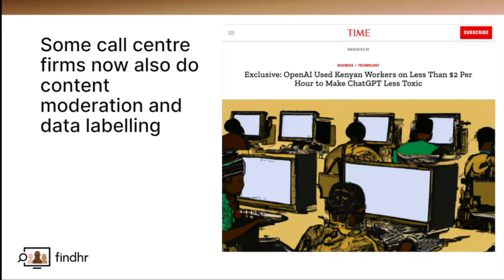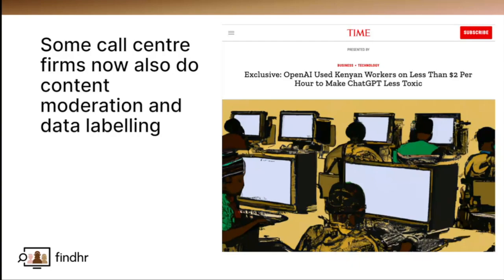The reason is clear because it's a similar skill set that is needed. Usually it's English language proficiency that is needed there, and a relatively high level of education to be able to respond. But then the companies want to spend as little money as possible, and there is a series of